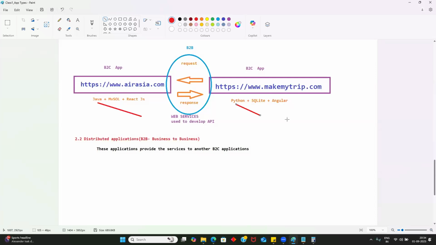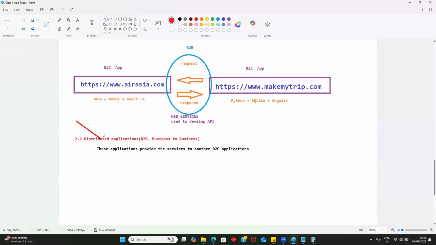If you have this knowledge, your package will be much higher in the market now. To develop this distributed application, which one is optional? UI, the front end, is optional. In my experience, for 5 years I have been working as an API developer only.